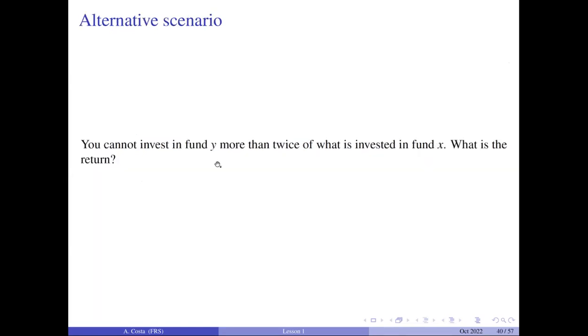In the meantime, for you guys, you can start to think about this scenario. Imagine that we have this additional constraint. We cannot invest in fund Y more than twice what we invested in fund X. I want you to think about how you would express this constraint in the model. So in these 15 minutes, you can also think about that. And when we come back, we can discuss that. Okay? And we can come back around 11:20. In the meantime, if you have questions, you can put them in the chat and I will answer later.